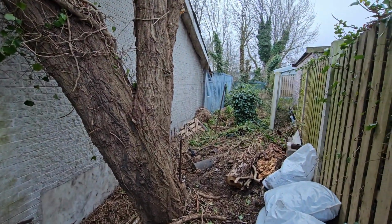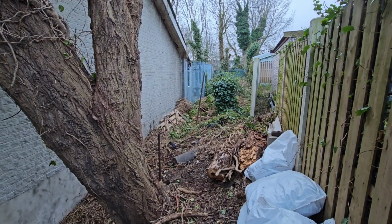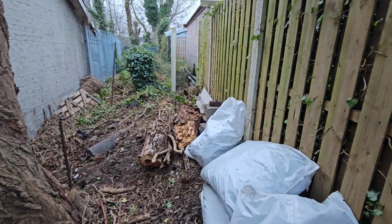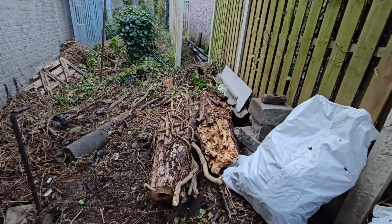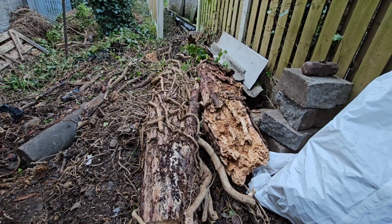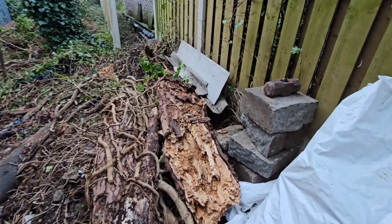It might not look like I've done too much, but believe me, I've put some effort into this. There's been a lot of rubbish down here. I've still got some mulching stuff that I just hide out the back here, but you can see these are some big trees that were rotten. This one fell over in the storm back in January. I've cut it up a little bit, still need to get rid of that. All stuff like these